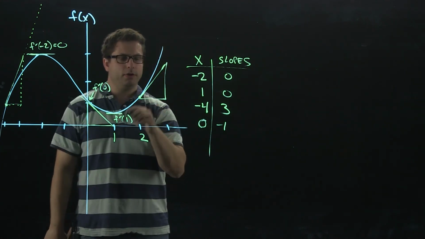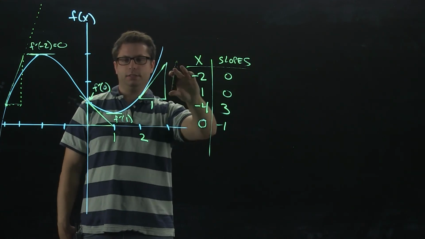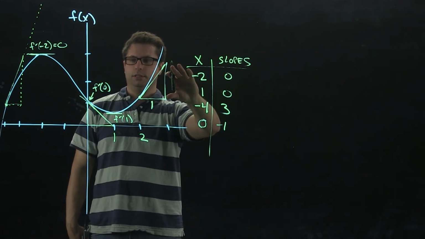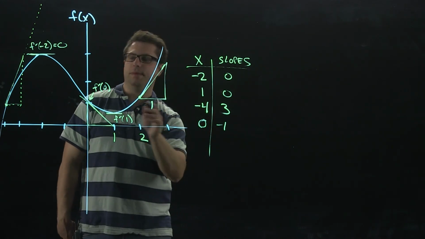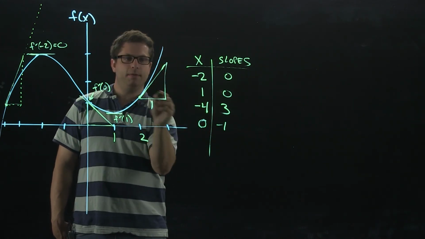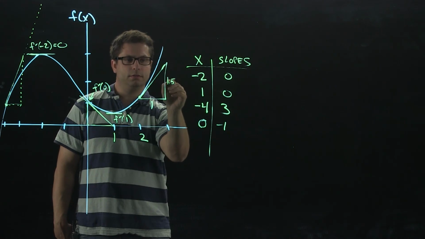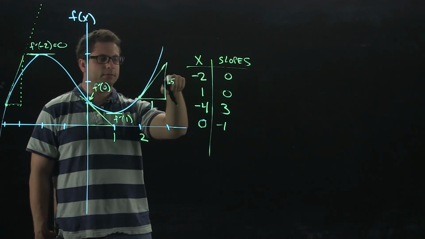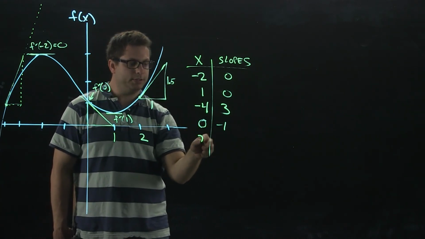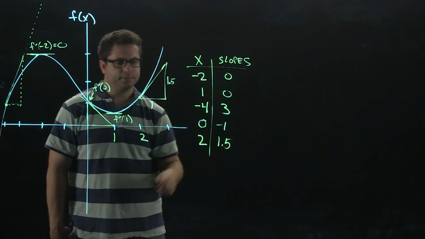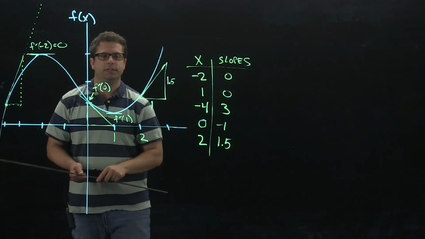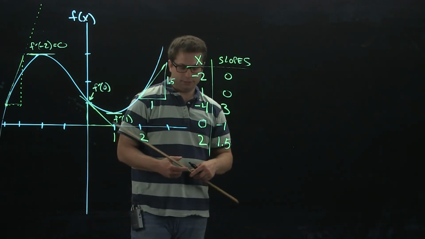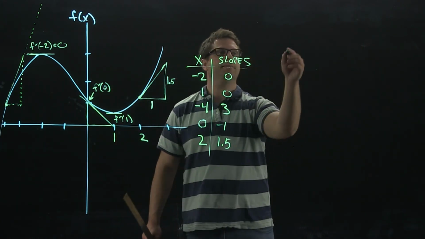So again, one unit over, and this looks like a change, maybe, again, we're estimating here, so maybe 1.5. So then the rise over run would be 1.5 over 1, so at 2 the slope is 1.5. Okay, so these are different slopes on this graph, and so the derivative,